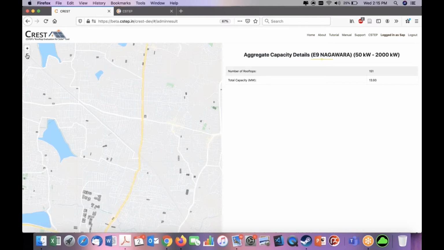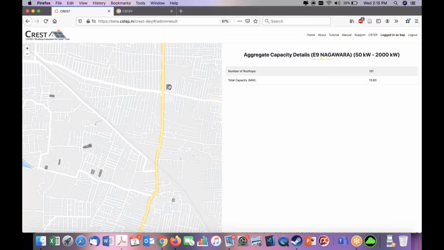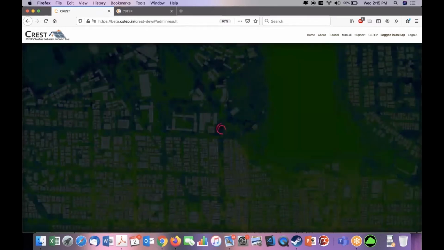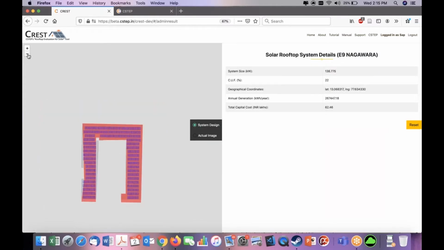Okay, so the screen now shows you in this particular subdivision of Nagawara, there are around 151 identified rooftops in the 50 to 2000 kilowatt category with a total capacity of around 14 megawatts. So if I want to check the details of a single roof, for example, this building right here, I zoom in on it and it will go and process and show you the system size, which is possible at more than 18% CUF